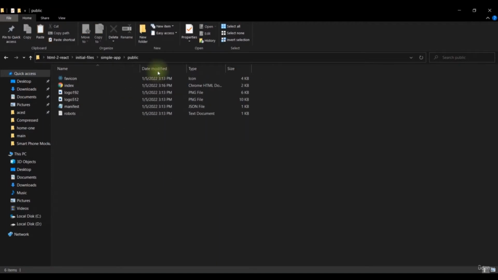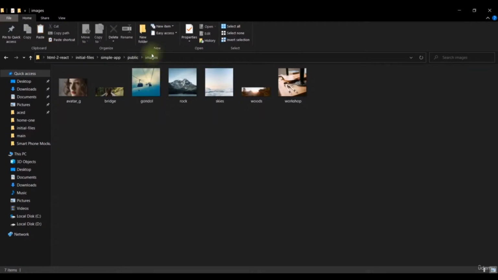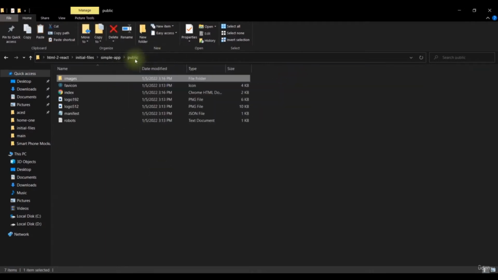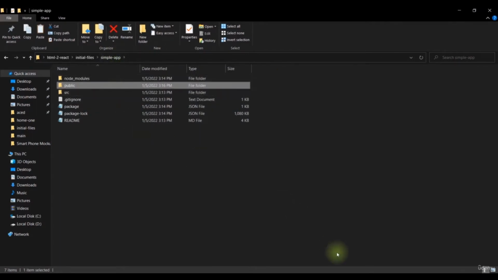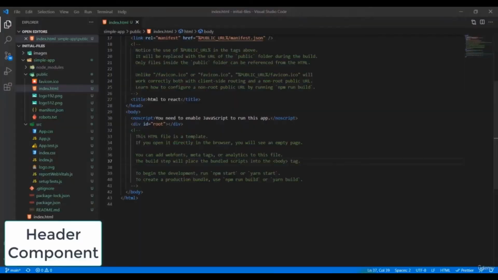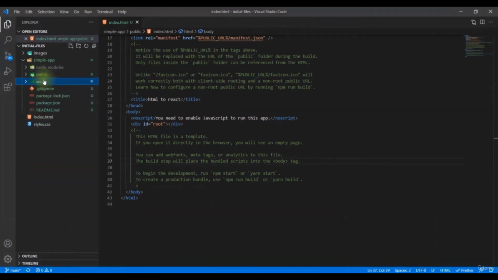You can change the favicon as well. I will be leaving that as it is because this tutorial is not about this one. So we have all those images here in the public folder, and now we can create our components. So what you can do here is go to your src folder, and inside this folder you should create another folder that would be